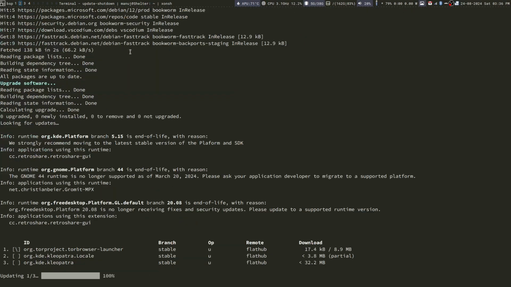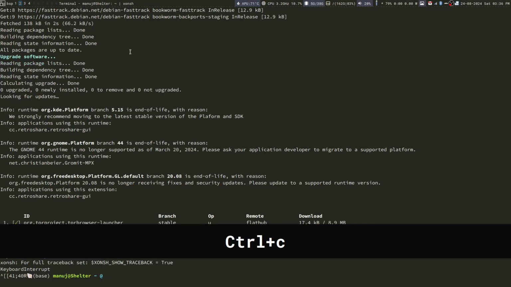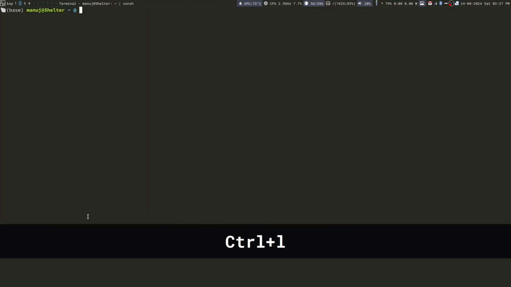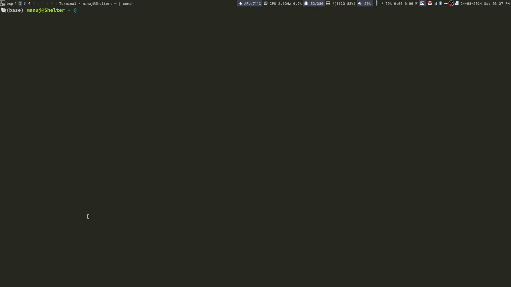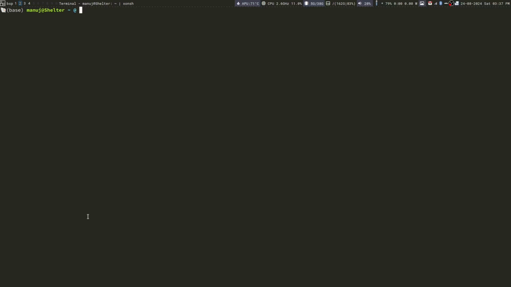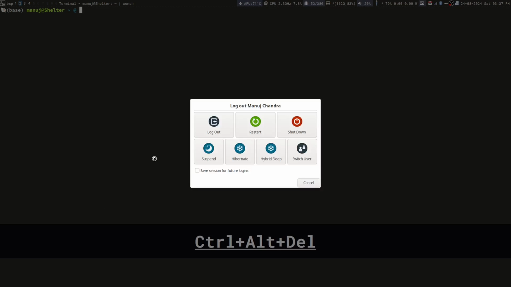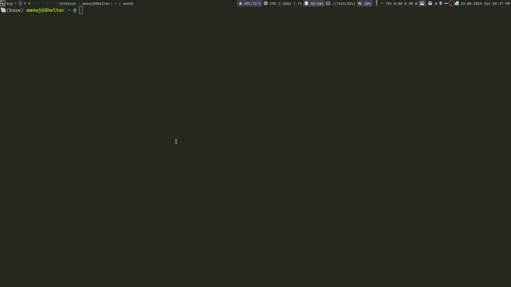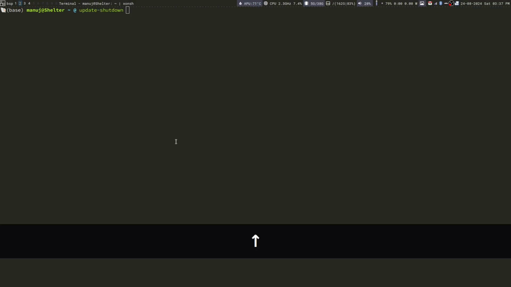I'm going to cancel it because I don't actually want to shut down the computer, because otherwise it will affect the recording. But you can see it was checking for all the updates for the computer, for flatpaks, and every Saturday of an even month, it will also perform cleanup operations on the computer, like deleting the screenshots, cache, etc. So again, to recap, whenever you want to shut down the computer quickly, you can press Ctrl Alt Delete and you can say shut down. Or if you want to perform maintenance on your computer and then shut it down, you can use the update shutdown script and it is going to shut down the computer.